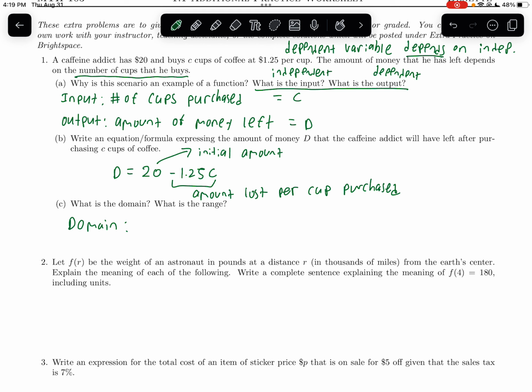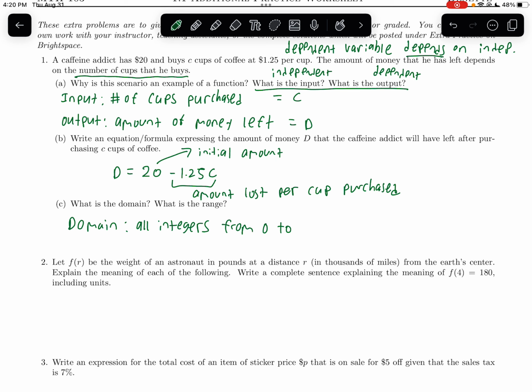You can't buy half of the cup. So it would be all integers from, right? So you can buy 0 cups of coffee. You can't buy a negative cup. So from 0 to,